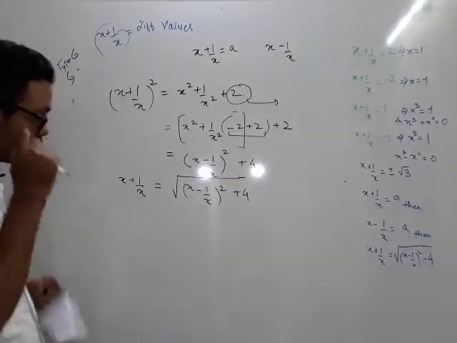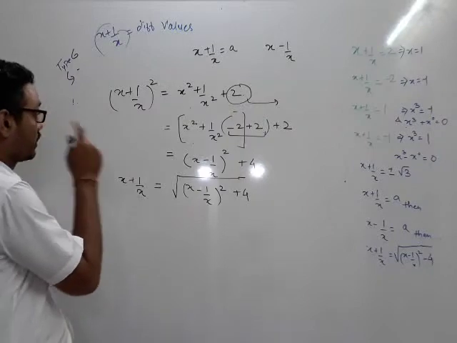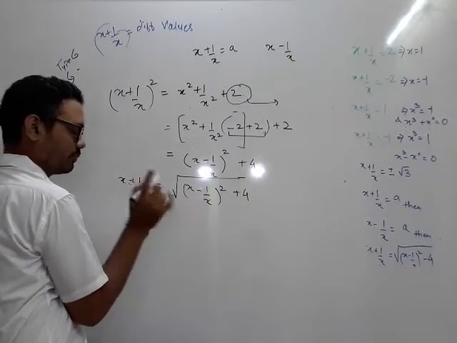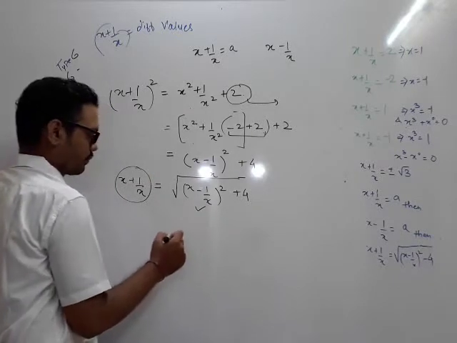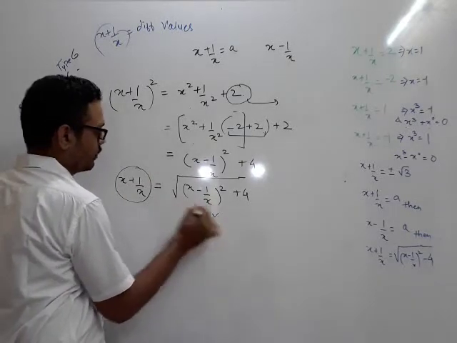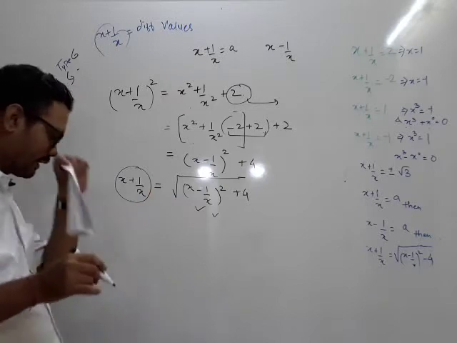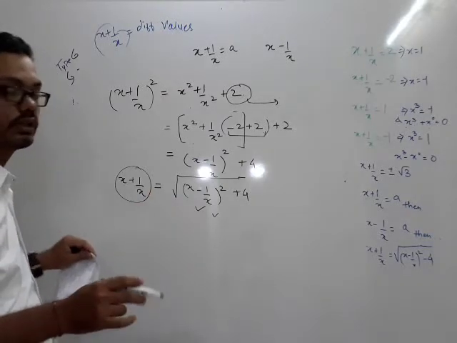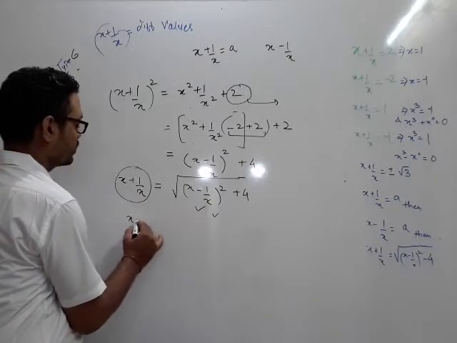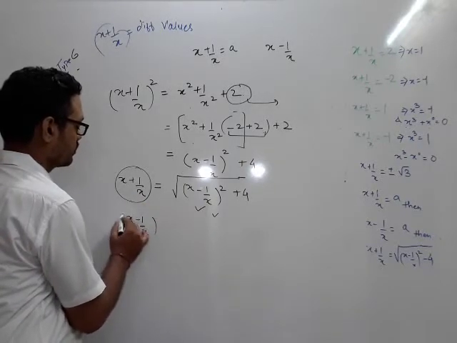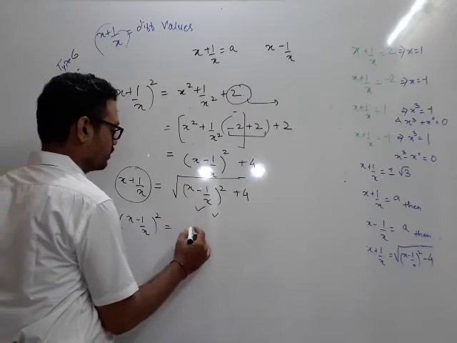Same thing if we had to. It means if I have this value, I can get this value, or if I have this value, I can get this value. It is slightly confusing. The moment you see it in the questions, you will be able to understand. Similarly, if it is x minus 1 by x the whole square, it is nothing else but x square